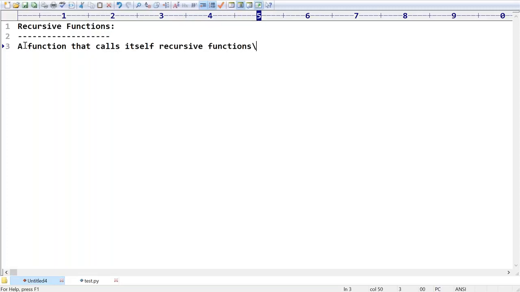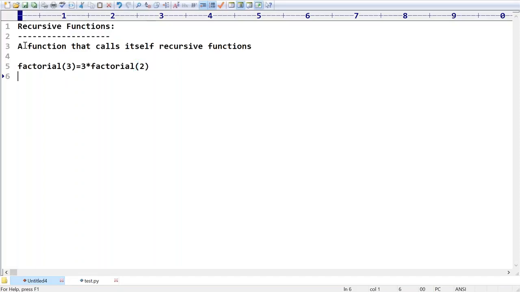Okay, I will explain with a small example, right? Now suppose I want to find the factorial of 3. How can you do the factorial of 3? Very simple. 3 into factorial of 2.